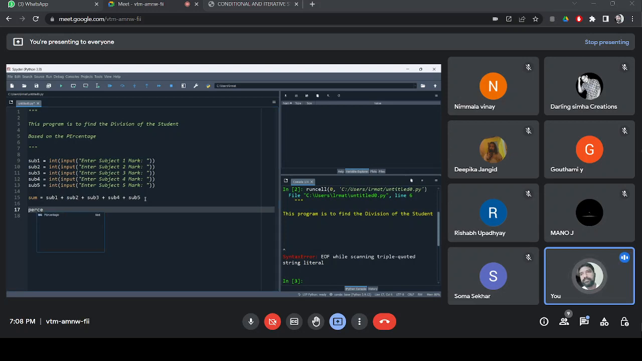How can I find out the percentage? I typed a variable per. Sum divided by 5 will obviously produce the average. Now I have percentage. If you want, you can make it a big variable. Now if percentage is greater than or equal to 60, print